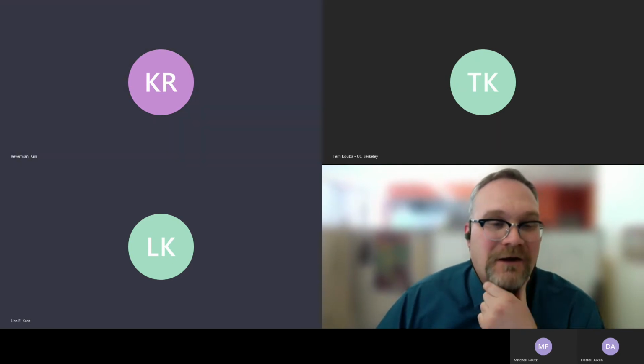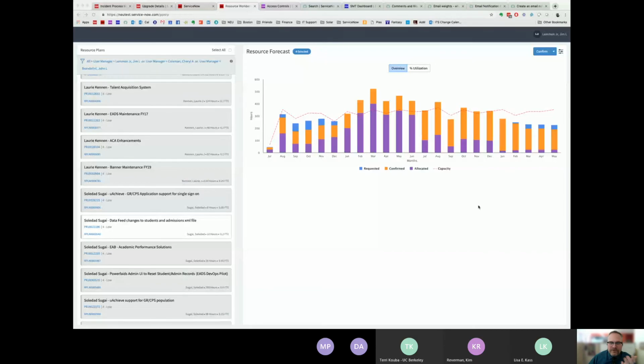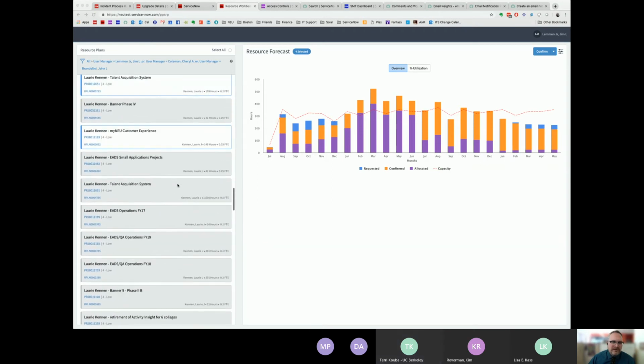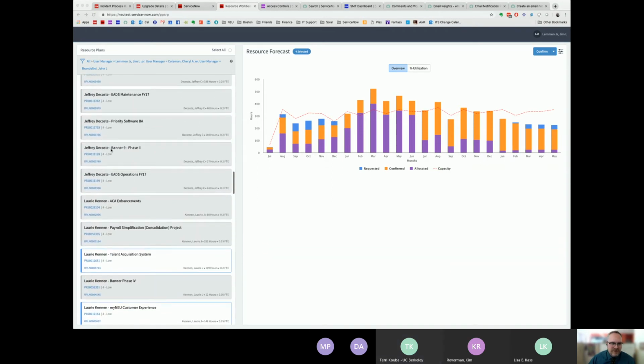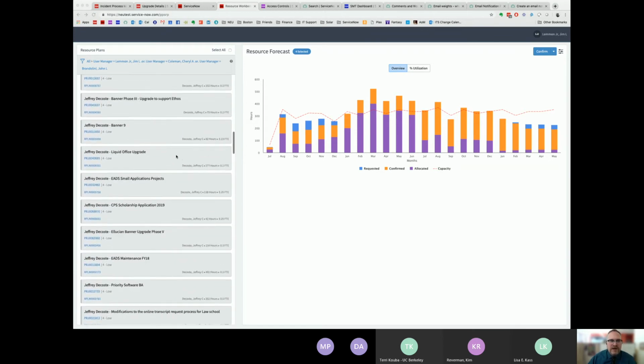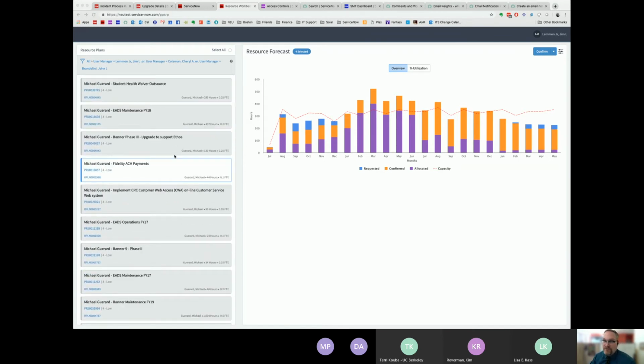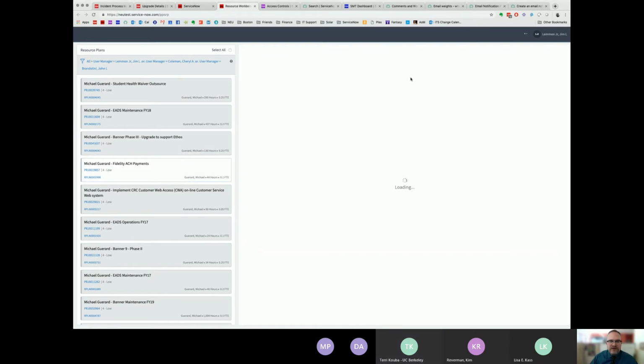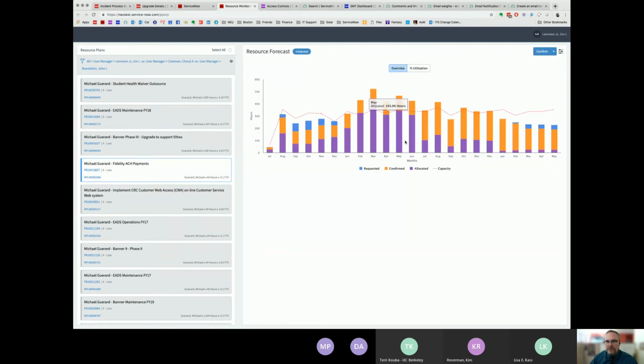Yes. I really wanted to show you guys the resource workbench, because this gets directly to what Daryl was asking for about forecasting. Because I'm in my test environment and not production, these things are all a little messed up because some of them are past due, so they're not quite approved. But normally, as a manager, things that are ready for your confirmation would be here on the left. You can pick each one of these and forecast and see what people are working on and what their hours are, and you can confirm and allocate some of these for your